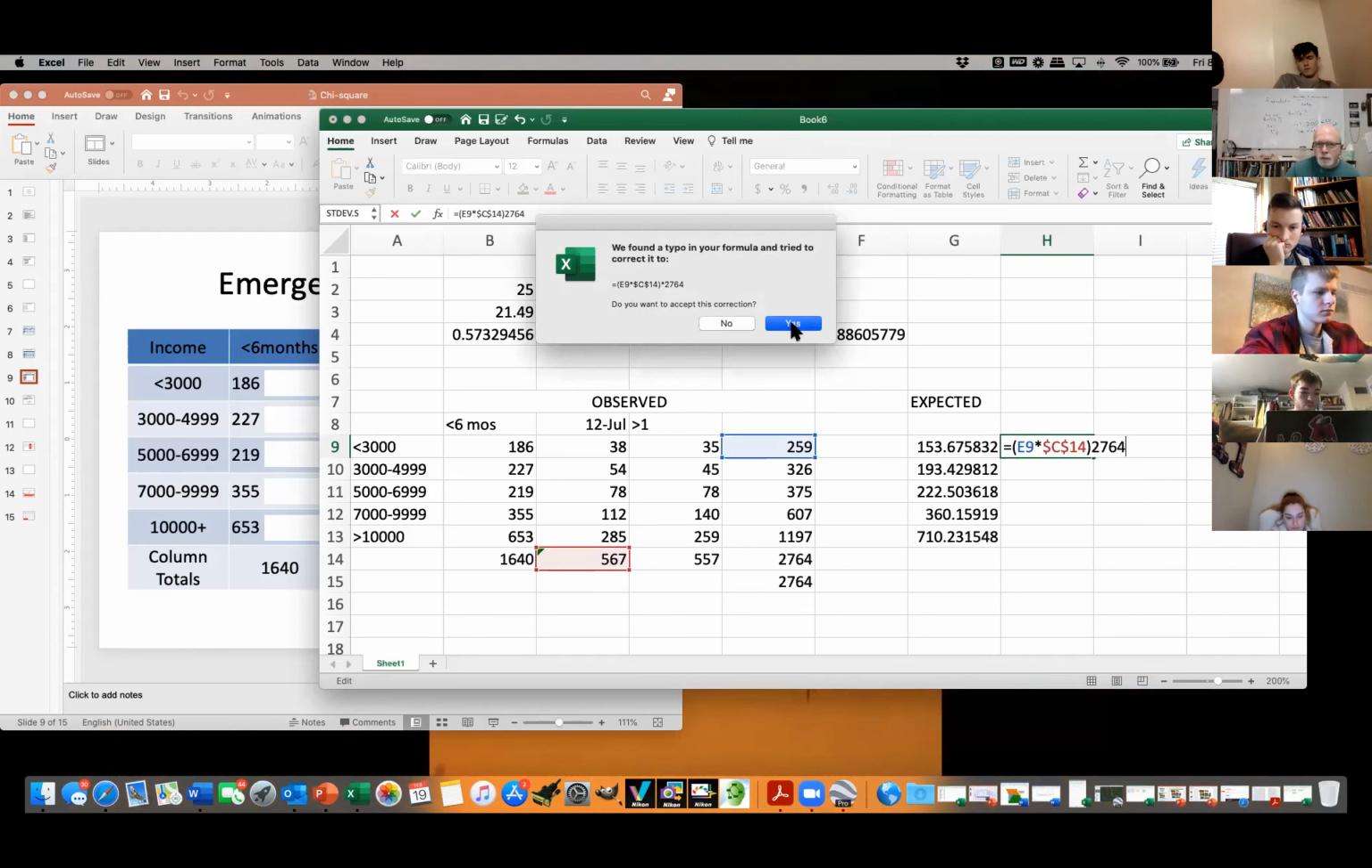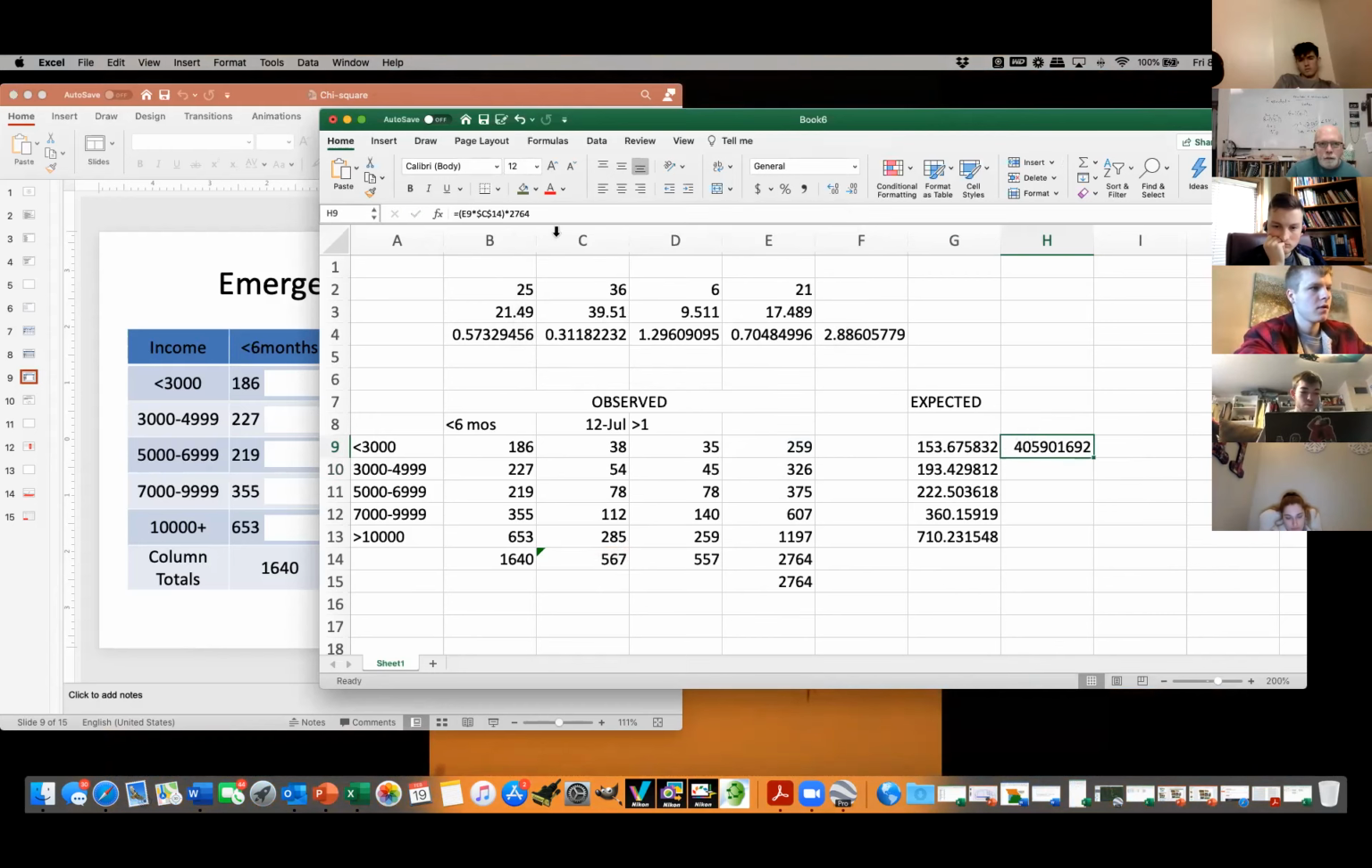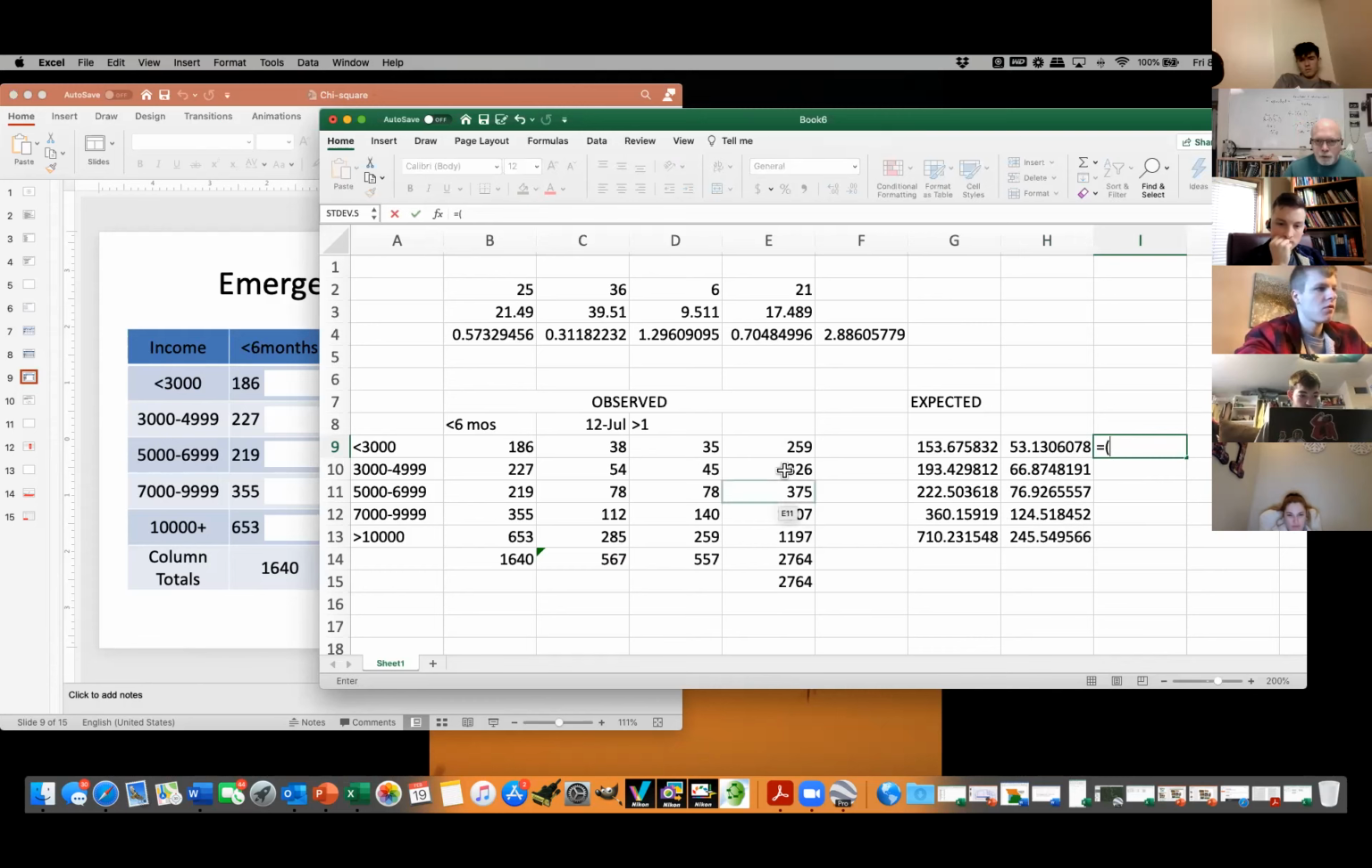I forgot a division sign. That is not a time sign, that is a division. We can sum across that. We can do the same thing for the last column. The last column is equal to, once again, the row times